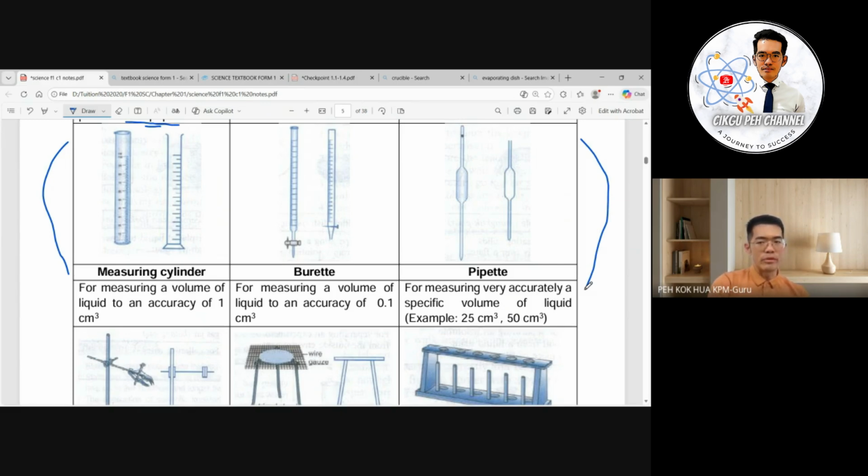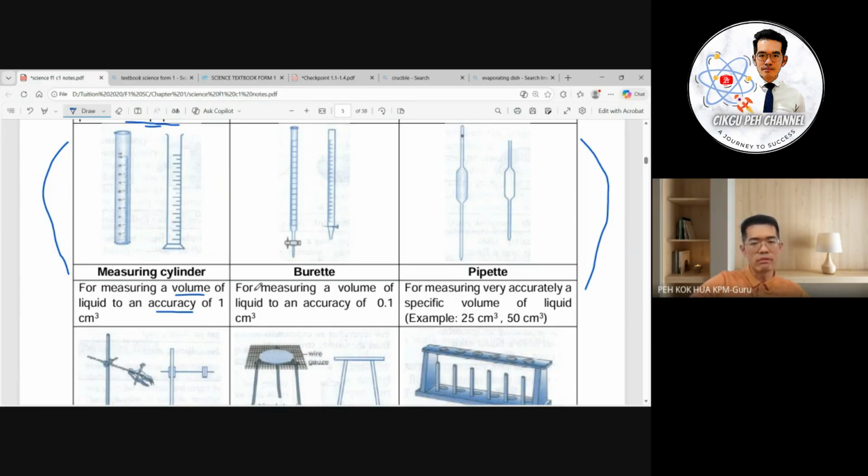Measuring cylinder, burette, and pipette. Okay, so measuring cylinder is for measuring a volume of liquid to an accuracy of 1 cm3. 所以这个 measuring cylinder 就是刚才讲的量筒，它是来测量那个体积，volume 是体积，它的准确性是达到1 cm3，就是它只可以量23 cm3、24 cm3、25 cm3，它不可以量到小数点，不够准啊。